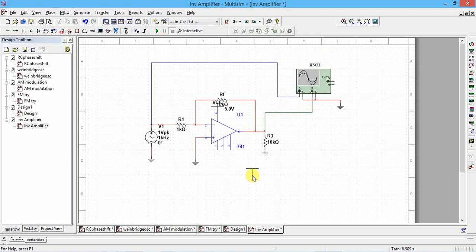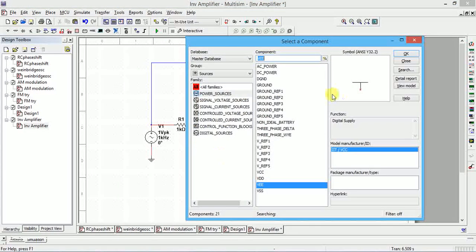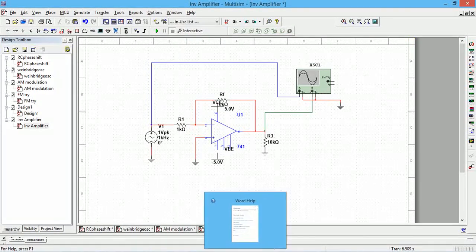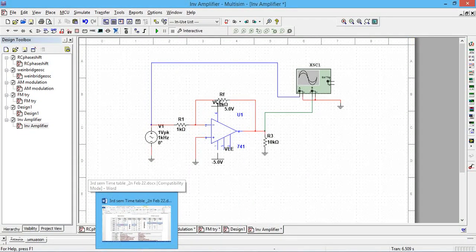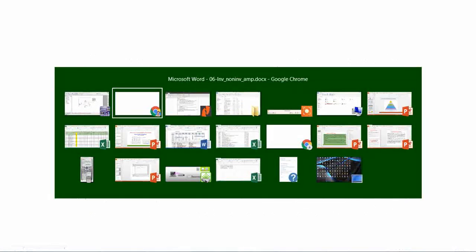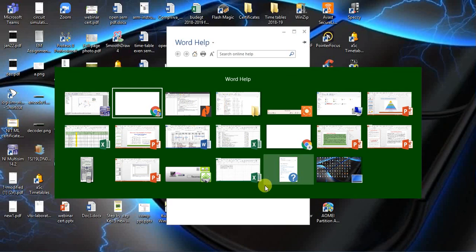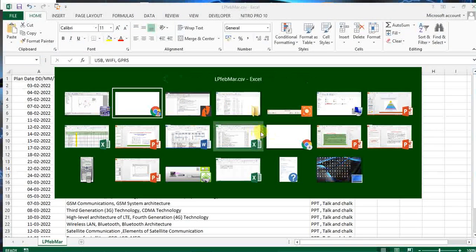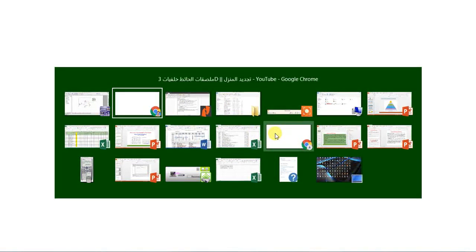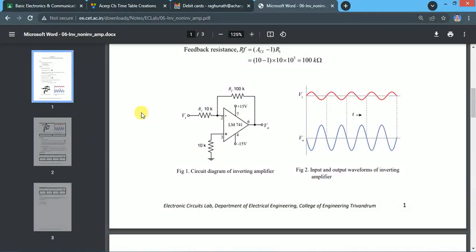If you want to rotate, press Ctrl R. Let us check the pin values: pin 7 is plus VCC and pin 4 is minus VCC.